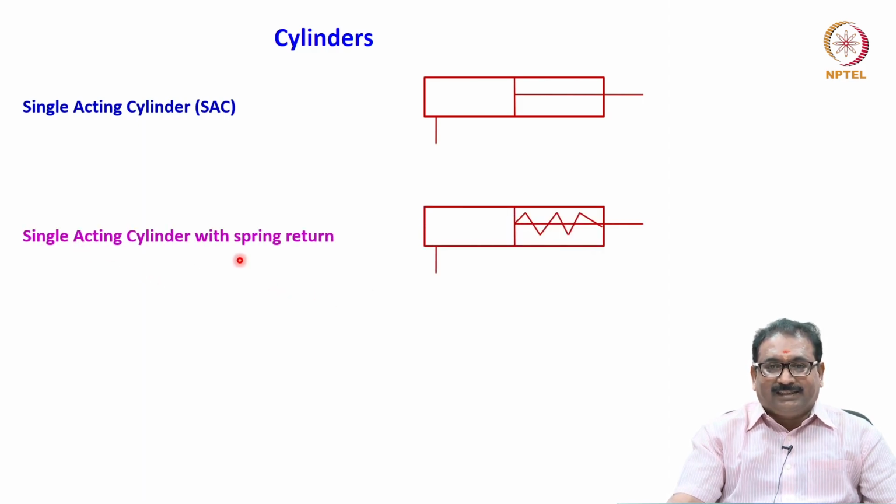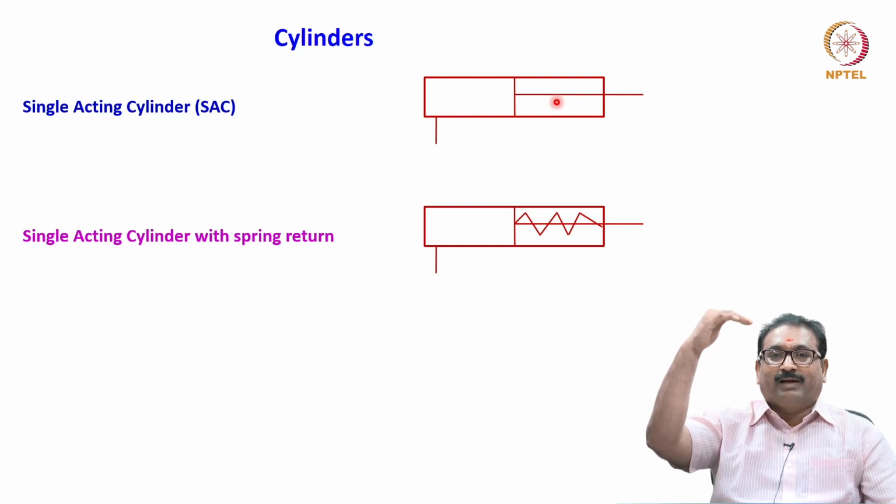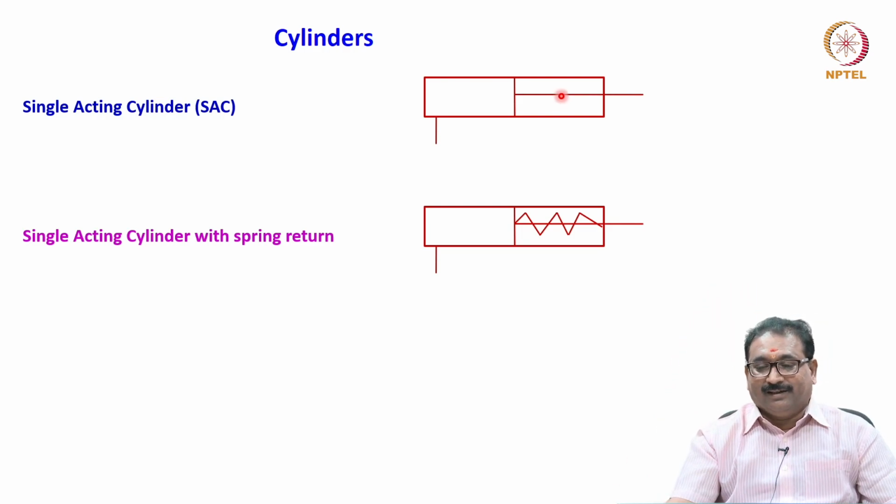Now, you will see single acting cylinder with spring return. The extension is only through the fluid, the retraction is due to the spring, they will fit here. That is why it is read as single acting cylinder with spring return. But here, return how will it come, no fluid you are using. Such type of cylinders, as I have told you, are used vertically mounted. Due to the self weight, it will come down. Only raising they will use the fluid energy, return is through the self weight.